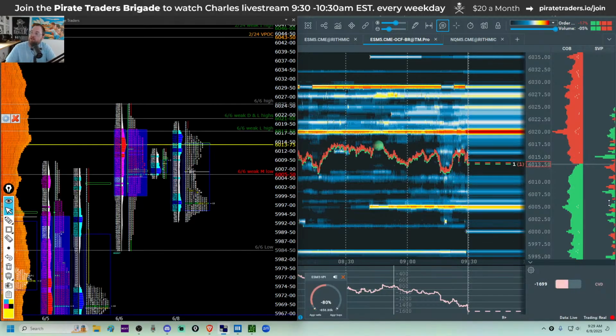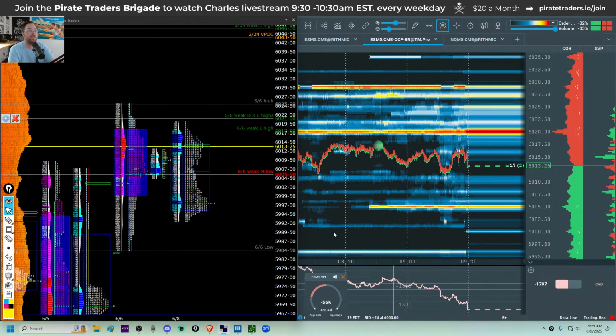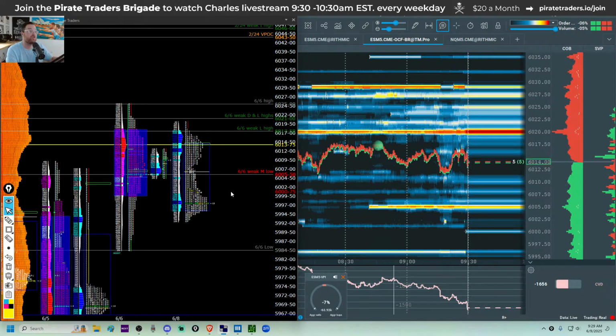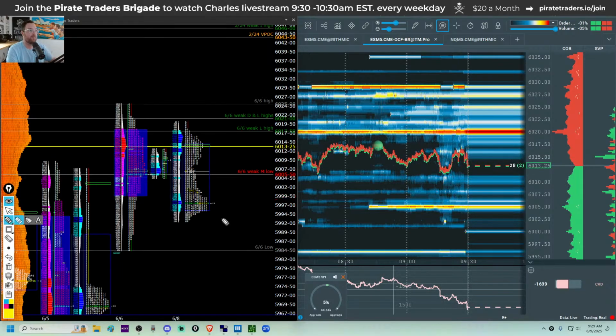We got a question here. Do you use low volume composites as resistance or support? So no, generally when it comes to low volume areas, I assume the market is going to pass right through them. It's the large volume on the other side that is the support or resistance. So for example,